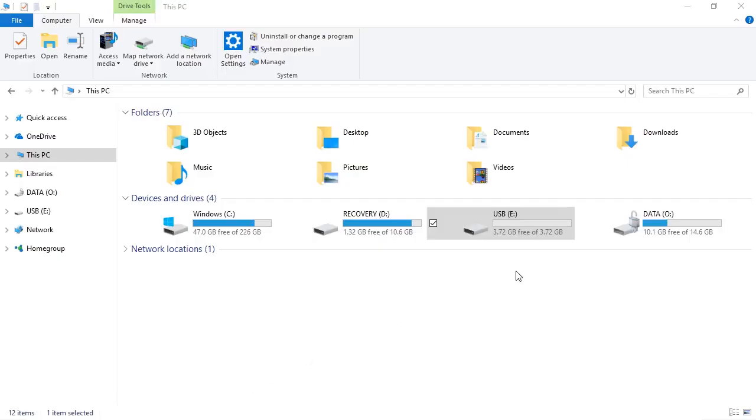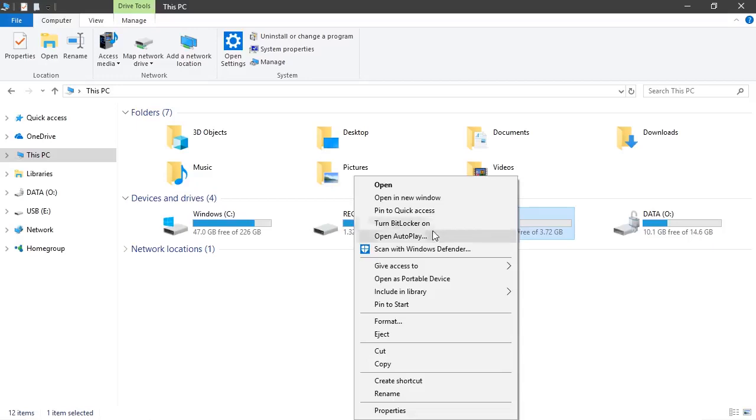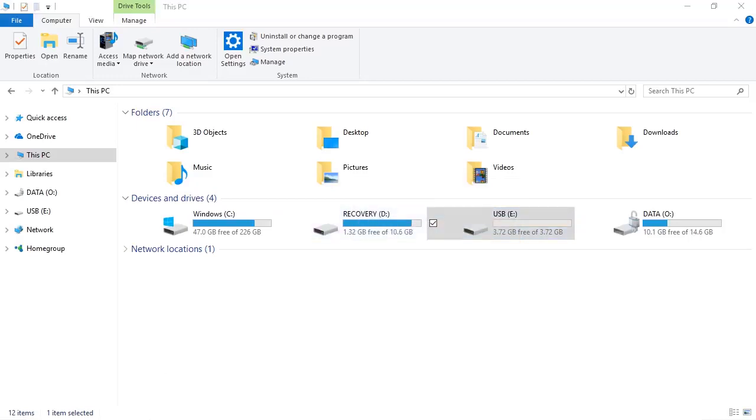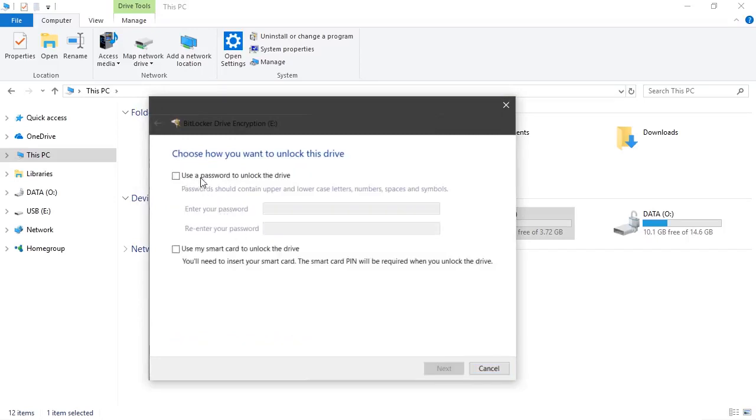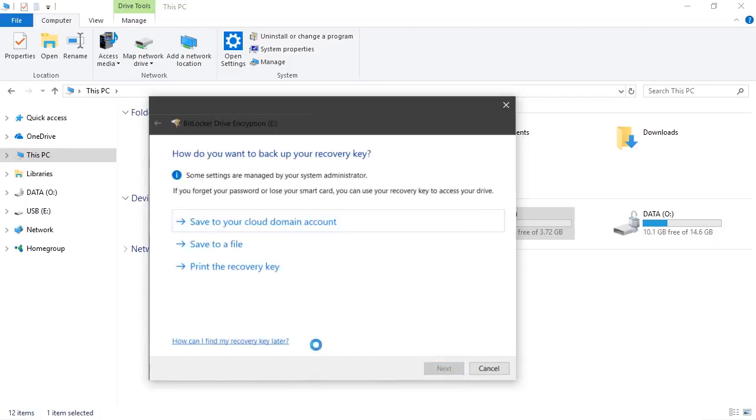So to enable BitLocker To Go, right-click the appropriate drive and choose Turn BitLocker On. I'm going to use a password to unlock the drive. And now I can choose where I want to back up my recovery key. So I can choose to save to a cloud domain account, save to a file, or print it. I will save to a cloud domain account